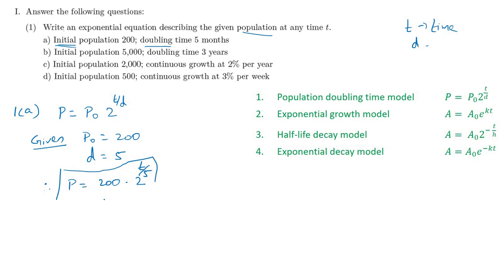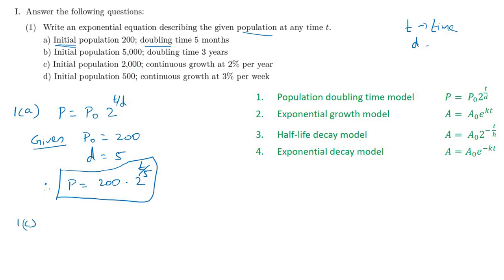This is called the model. If you want it for 10 months, you can find it directly by substituting the value of T here. This is the idea. The second problem also has only the numbers changed. It may be months or it may be years, so no need to worry about that. Problems C and D are of the same type. I will do problem C. 1C.